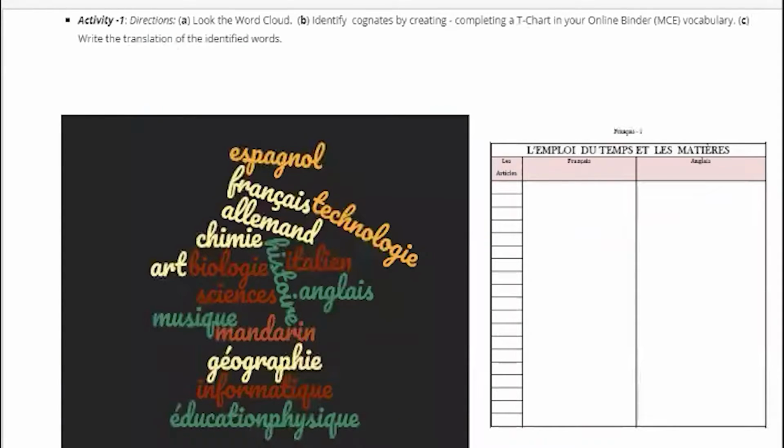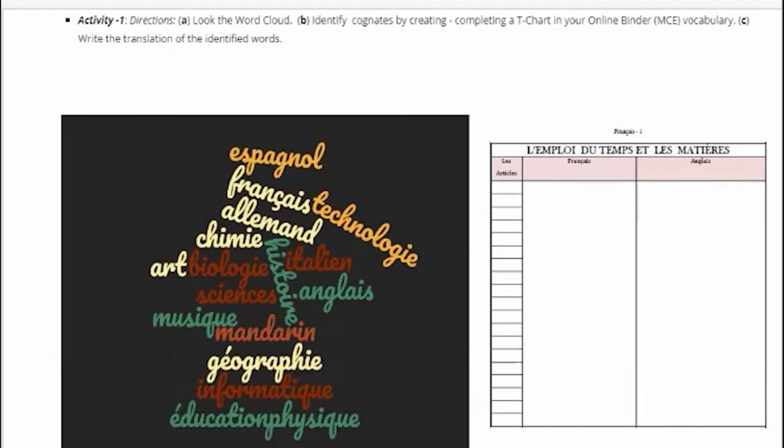At the beginning of the lesson, it was sort of like a self-learning moment. Students worked at their own pace, and they had 2 days to complete the assigned content. So for example, for the warm-up, students will read and identify words from this word cloud, and they only had to identify cognates and complete the chart that you see on the right-hand side, of course, in their notebook. And students showed understanding of the French words,